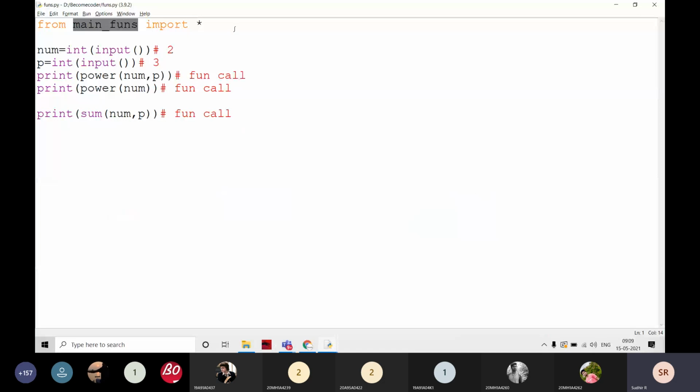Is it clear, everyone, how I am going to create a module here? User defined module, this is our header file in Python. Instead of calling it a header file, they call it a module. Module means it is a collection of functions that I place in one file. That is also a Python file. How do I include it? There are three methods to include it. This is the best way to include it. Is it clear, everyone?